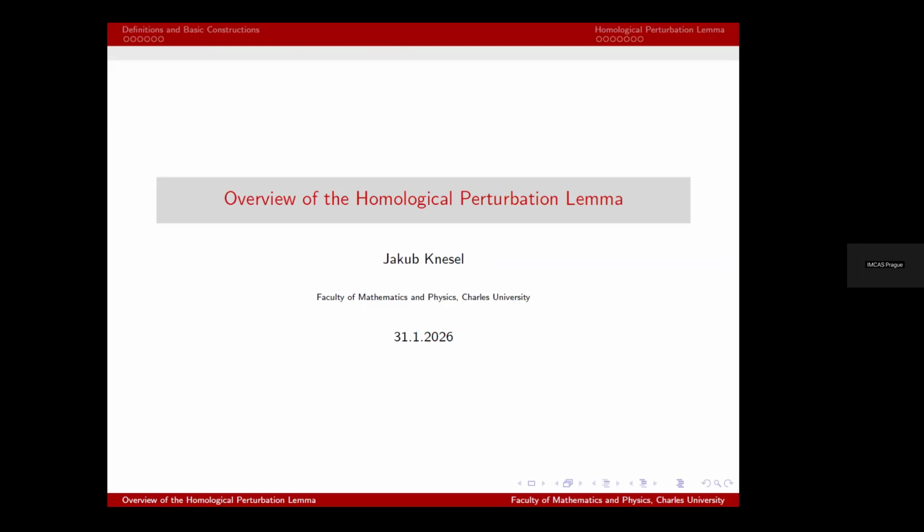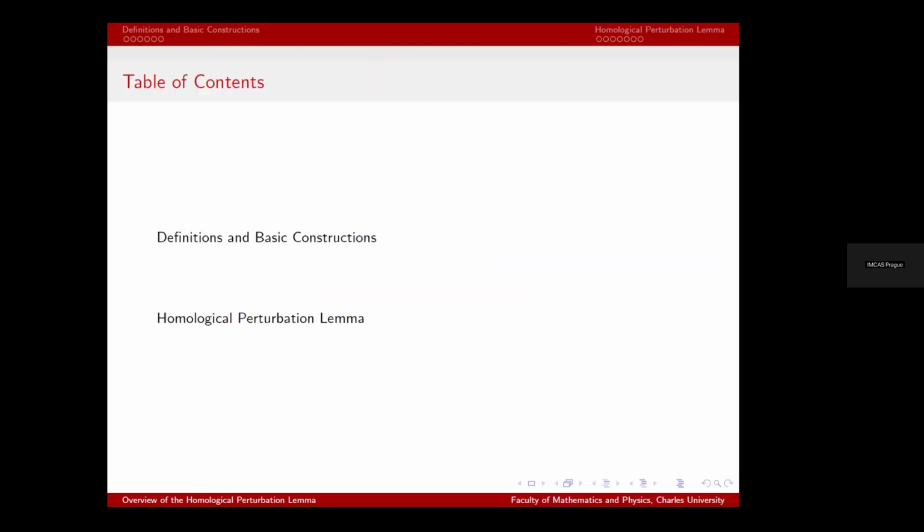So, yeah, great. So first we will give definitions of the objects appearing in the homological perturbation lemma, and also we will introduce some basic constructions. Then we will also mention some example of